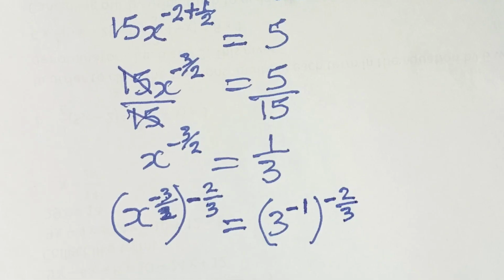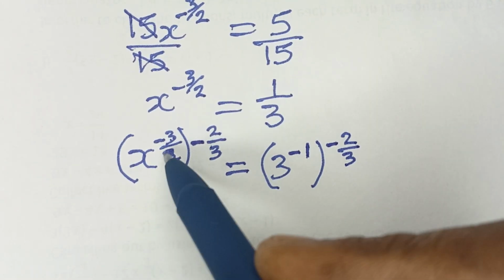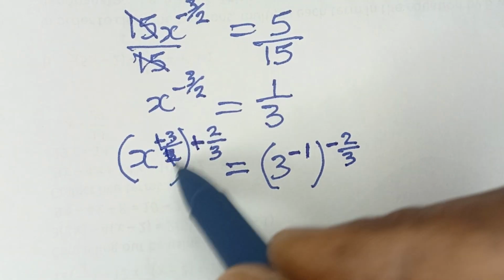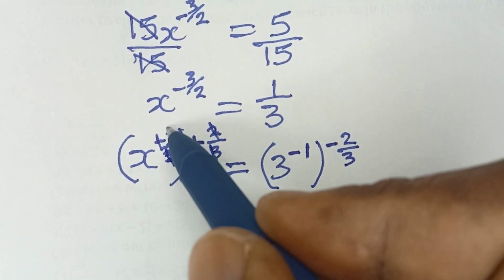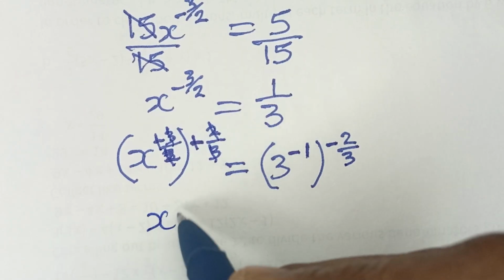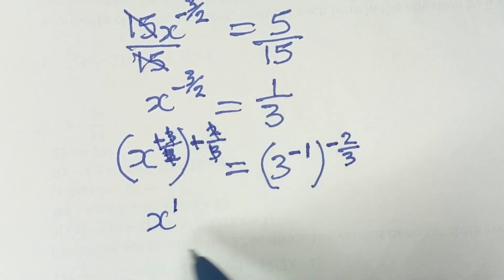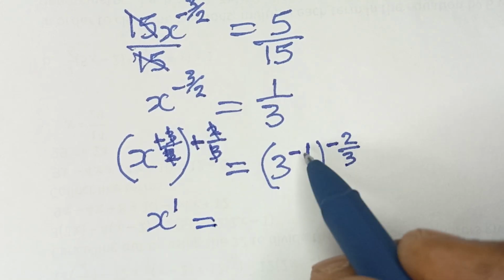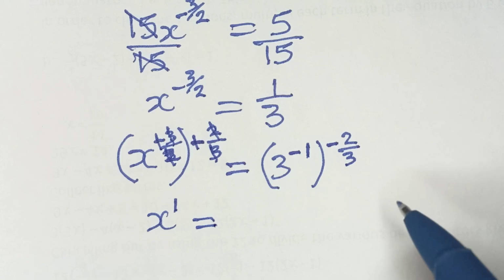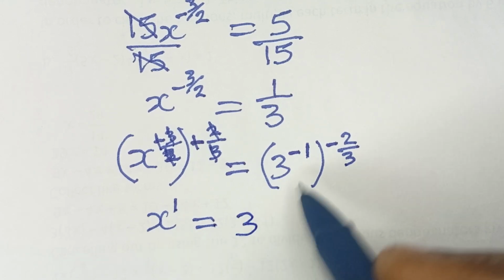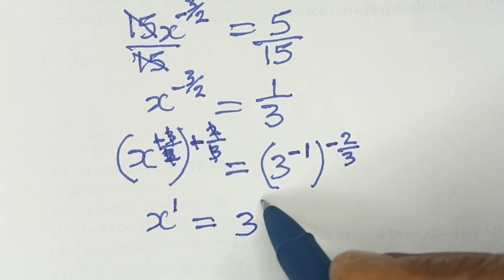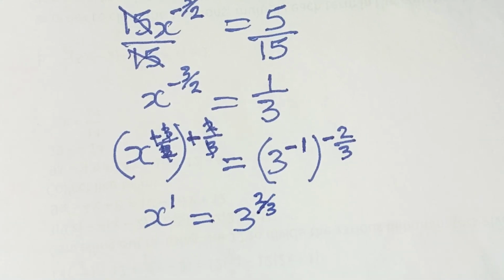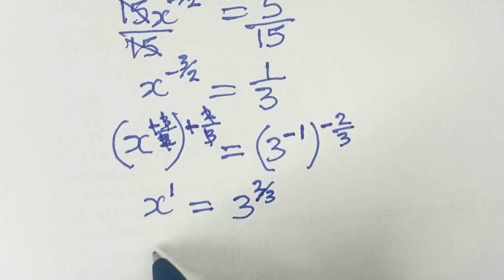Then we can now simplify further. Don't forget, like I said before, this multiplied by this is going to give us 1. Negative multiplied by negative is positive. 2 cancels 2, 3 cancels 3. So here we are left with x raised to power 1 because these two powers multiply to give us 1. And that will be equal to, these two powers also multiply each other. Negative multiplied by negative becomes positive. So negative 1 multiplied by negative 2 over 3 is going to give us positive 2 over 3 as the answer. So now the next thing we can simplify further, we are going to say x will be equal to,